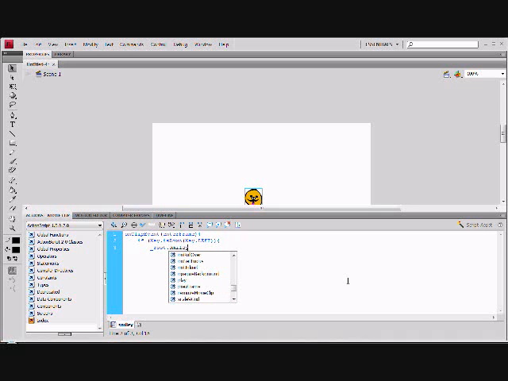So the left key is going to root the character dot smiley. So type in _root dot smiley, or whatever you instance your character's name as. Make sure you instance it the same thing, because capitals matter. So when it says smiley, type in dot _x. So that's saying the x-axis, like the x coordinates, it will move in a negative. It will move negative, so it'll move left on the frame by what power? So we'll give it a power of 5,